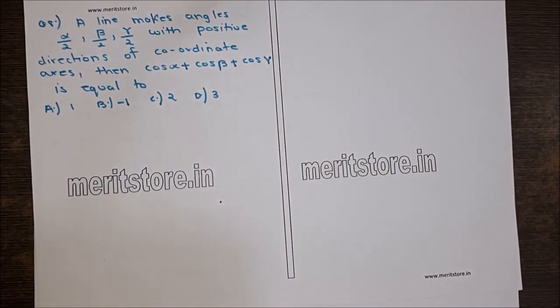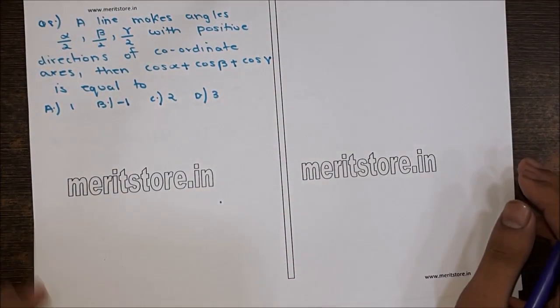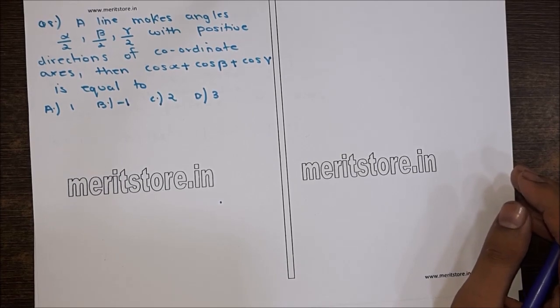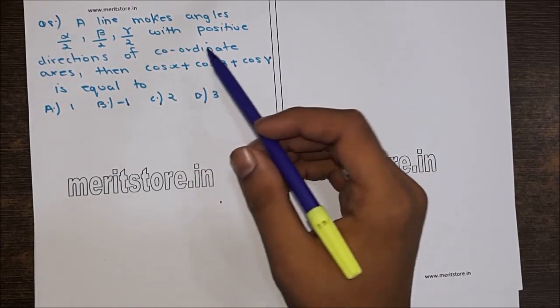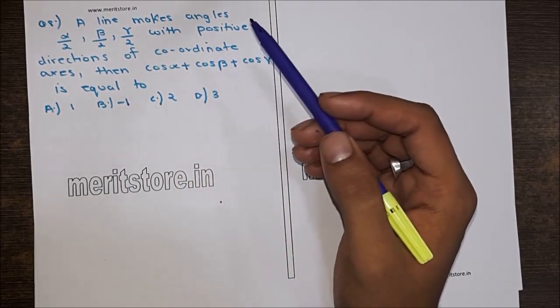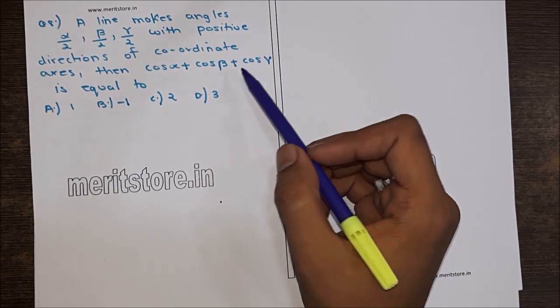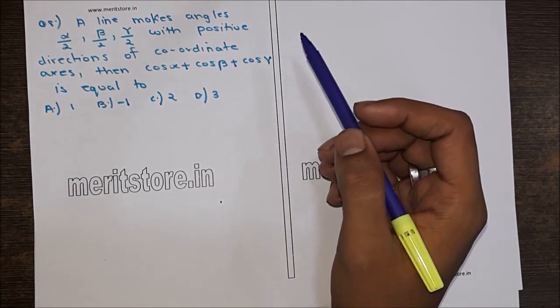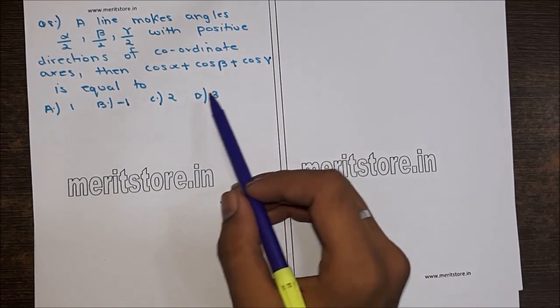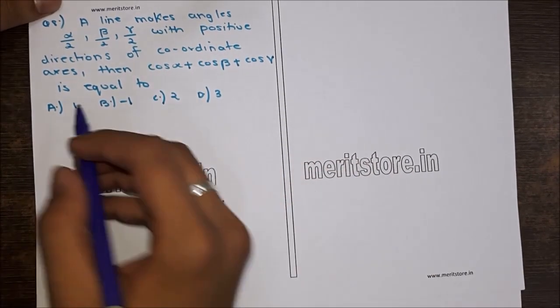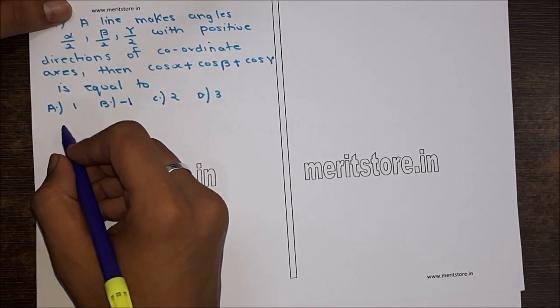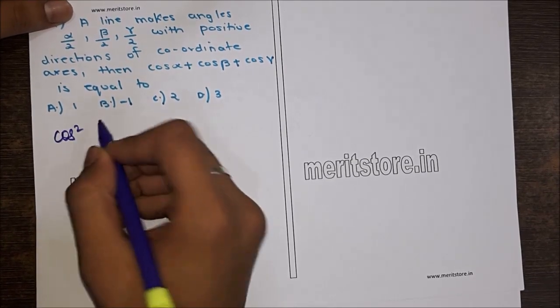Question number 8. A line makes angles alpha, beta and gamma with the positive direction of coordinate axes, where the angles are alpha by 2, beta by 2 and gamma by 2. Then cos alpha plus cos beta plus cos gamma is equal to 1, minus 1, 2 or 3. Since we have the values of the angles, we will substitute them in the formula. So we'll get cos square